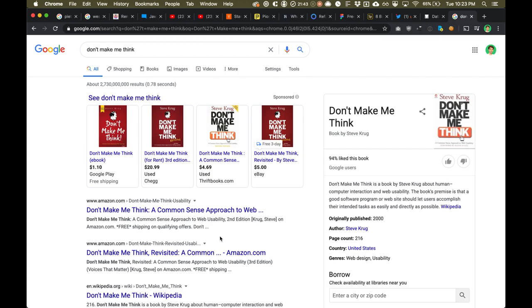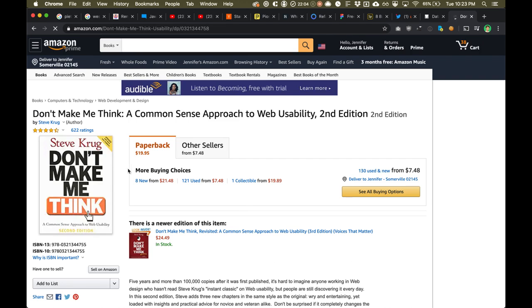One, because it's just beautifully simple in the way that it explains how you're going to approach design. You want to use a hierarchy of content. Your headline should match the page title. Just basic things like that. Very, very common sense things.